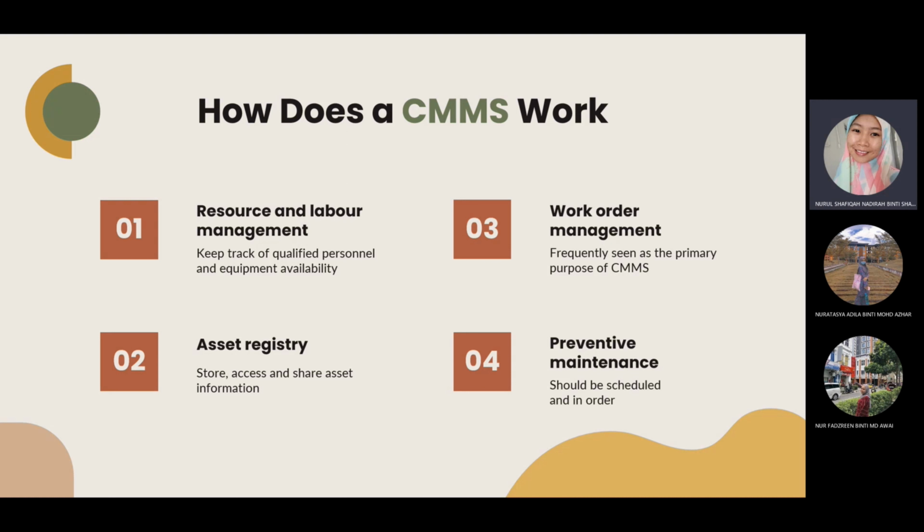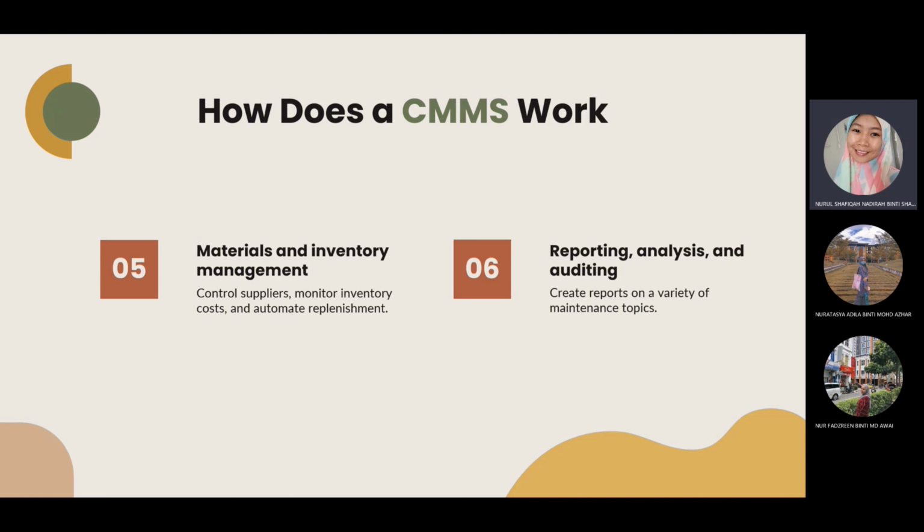asset. And lastly, preventive maintenance, which should be scheduled and in order. If their checklist is missing some items, we can track and schedule an order, so the asset will keep being maintained. Next is material inventory management,